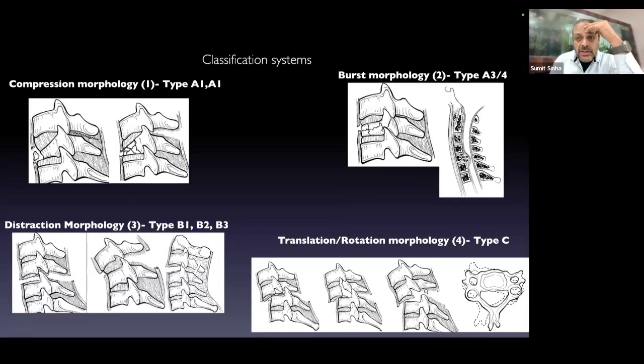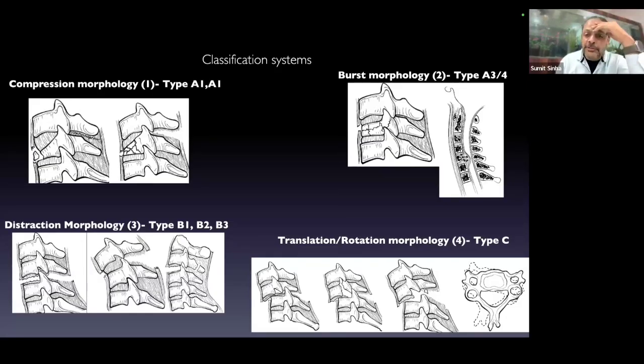Because the X-ray, especially in cervical spine trauma, immediately categorizes the type of injury. It immediately classifies the injury so that you can pick and choose the treatment from which your patient can get the most benefit. And then you can get the CT scan, and if the MRI is indicated, do the MRI. Then the job of a surgeon is to classify these injuries into whatever categories they are falling, because this is the most important step. And why so? Because thereafter only you can choose what surgery is there for this patient.